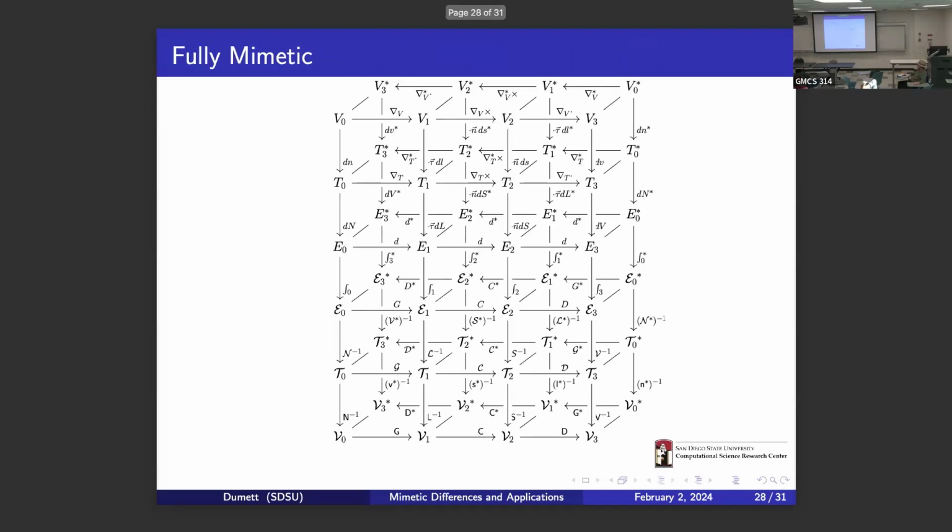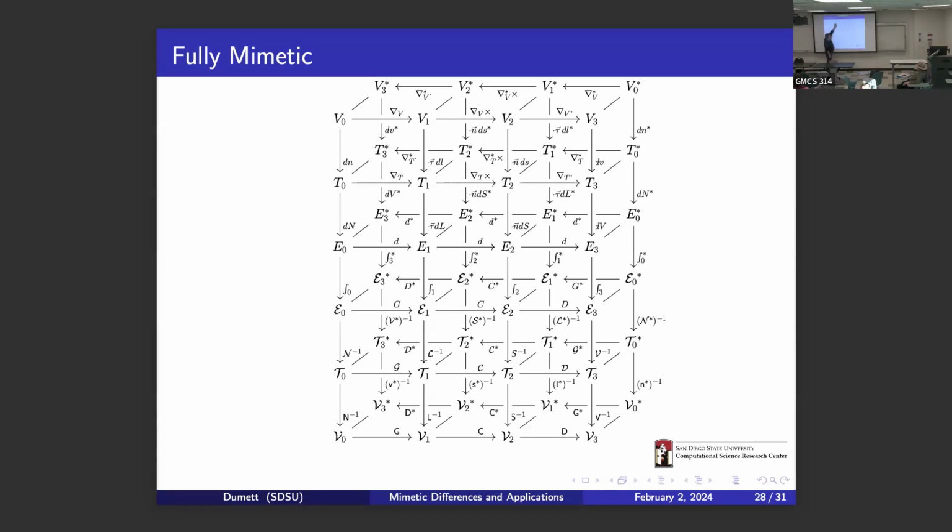And then going back to what is called fully mimetic. So this is scary at first sight, but it's not, in the sense that this is trying to summarize all the different calculi that exist. So on top, you see, this is some sort of a building. There is a front part of the building, and there is a back part, and there are six floors. Well, let's consider this one floor.